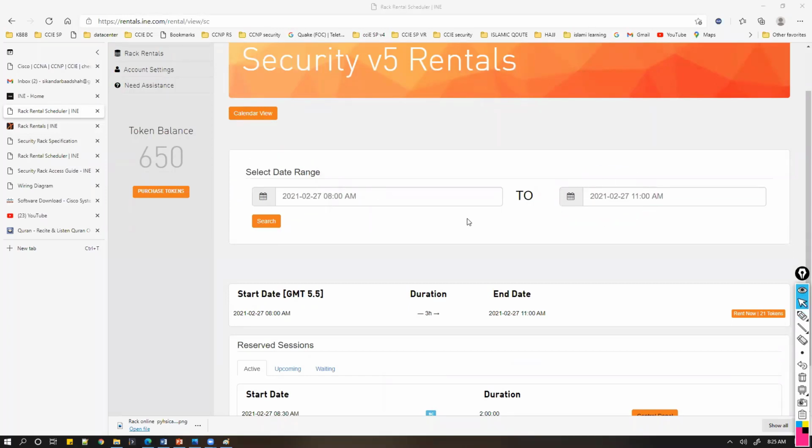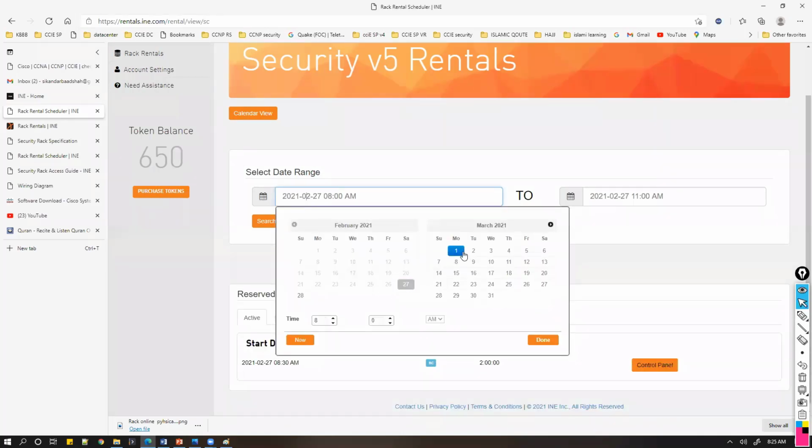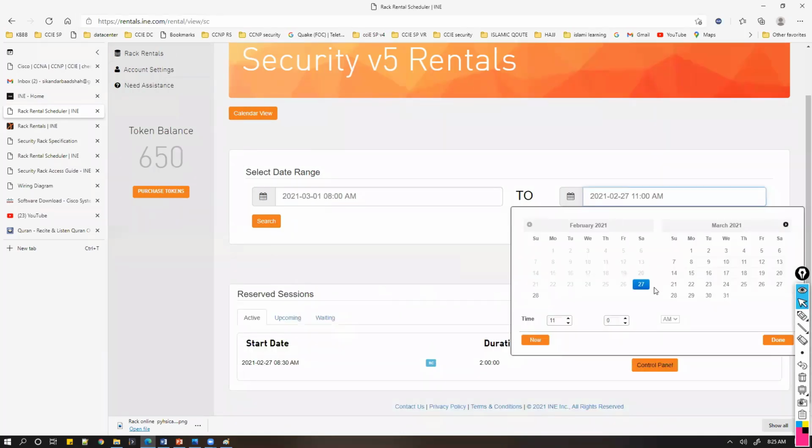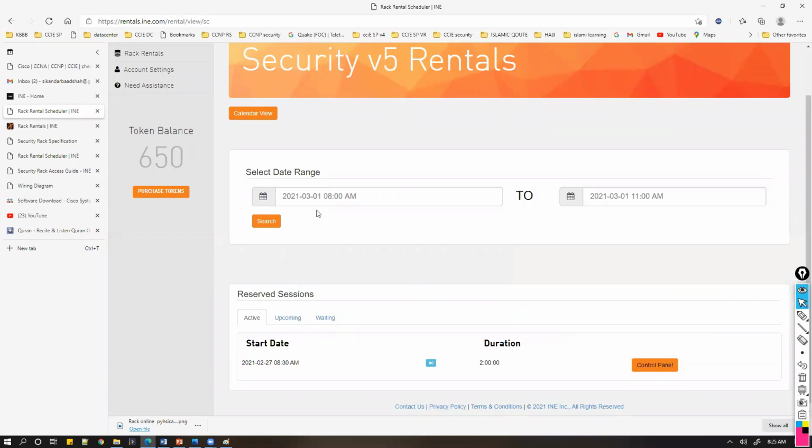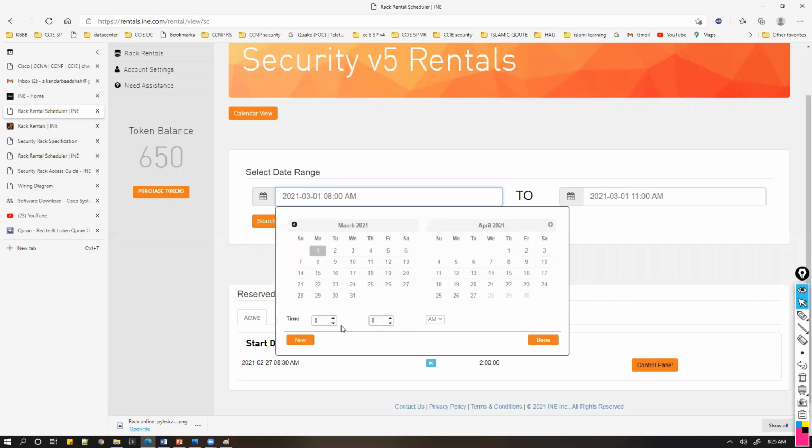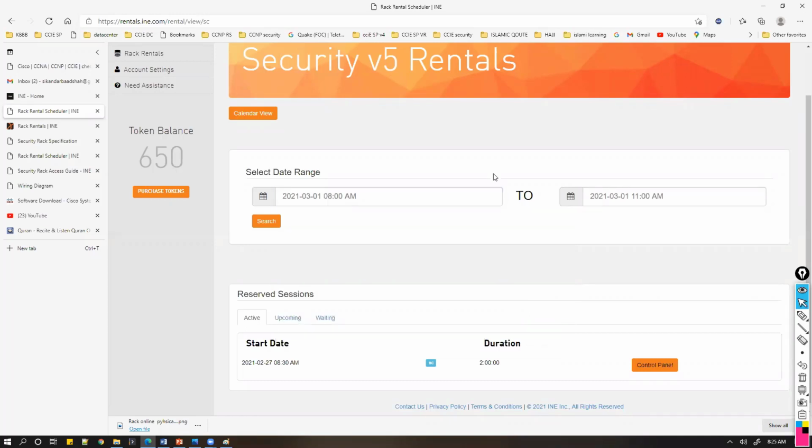You can select the time range from here, and accordingly you can select the specific dates, and then the number of hours, and you can also change the time from here accordingly. So again, you have to change the settings to your time standard, because when you're selecting this time range, these time standards I have set based on IST.